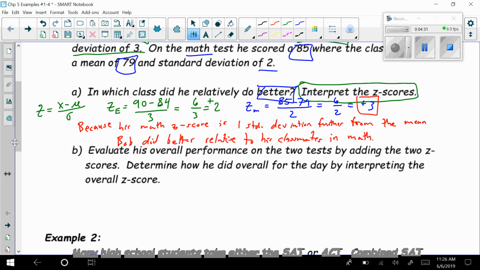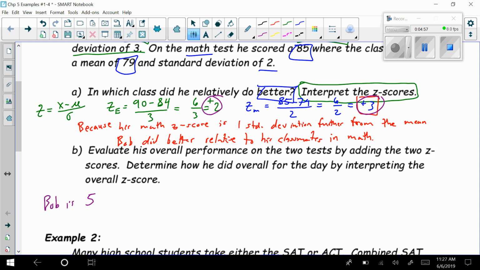Well, we can move on down here. It says evaluate his overall performance on the 2 tests by adding the 2 scores. Determine how he did overall for the day by interpreting the overall z-score. Well, here, this one's kind of tricky. We haven't done a whole lot with combining variables and things, but in general, he's 2 above and 3 above, right? So he is 5,